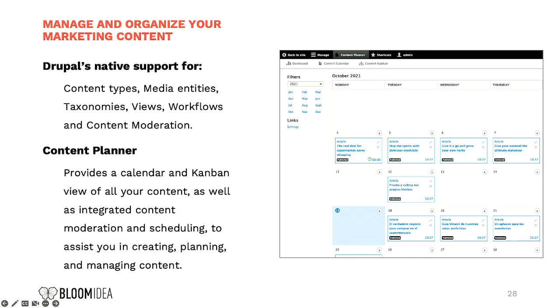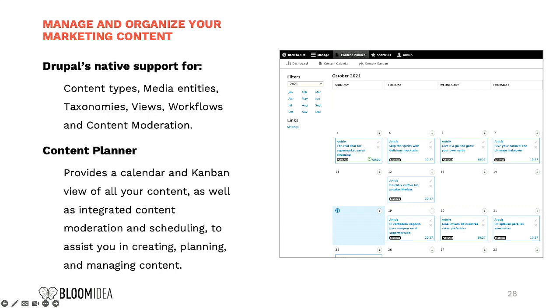I think because Drupal at its core, it's a content management system. It has all the tools already built in to do that, using content types, media entities, taxonomies, views, now with workflows and content moderation, okay? Then there's also a module, Content Planner.